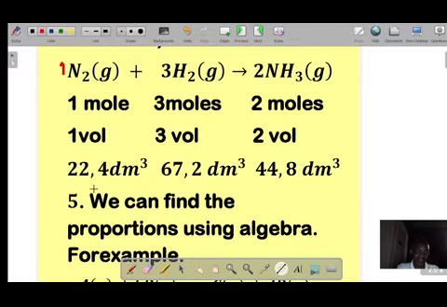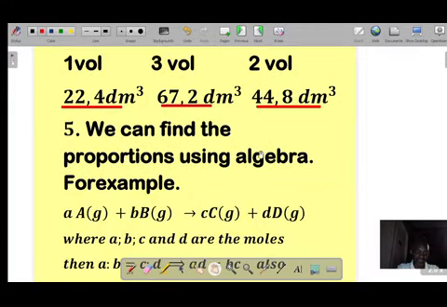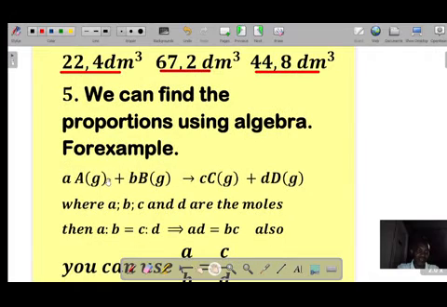Now I'm getting this by using ratios, as in proportions. 1 mole 22,4, 3 moles 67,2, and then 2 moles, that is 44,8 decimeters cubed. Let us proceed. Now we can find the proportions using algebra. For example, if I have A moles of gas A plus B moles of gas B reacting to give me C moles of gas C and D moles of gas D, where A, B, C and D are the moles,